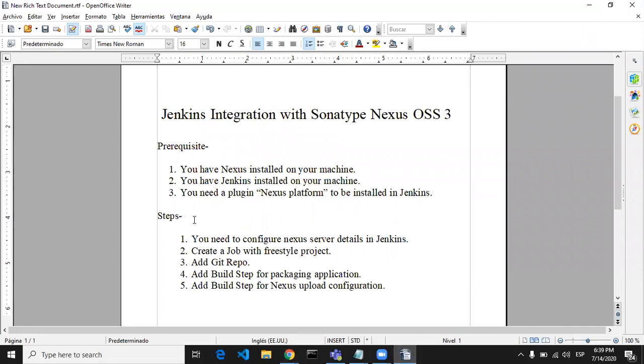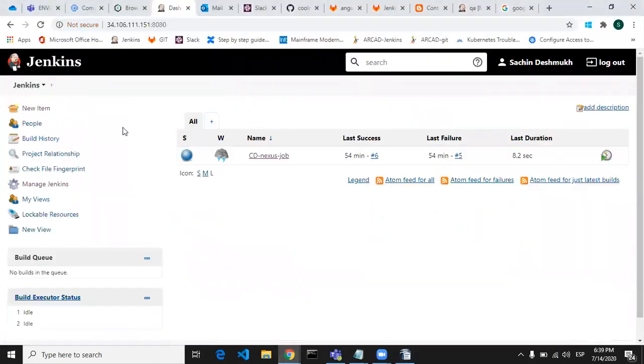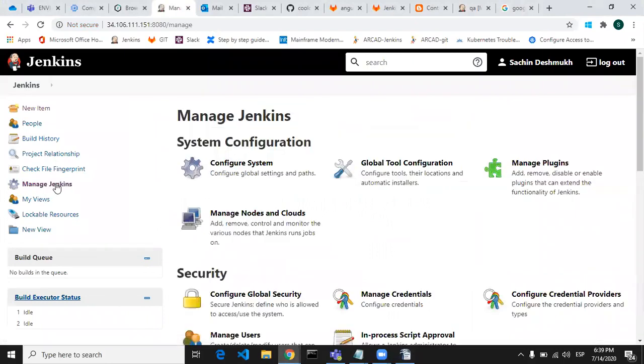Now we can go with the execution steps. The first step is that you need to configure the Nexus server details in Jenkins. Once you install this plugin, go to the Jenkins dashboard, then the Manage Jenkins section, and go to Configure System.